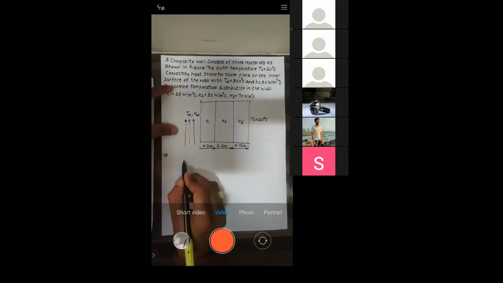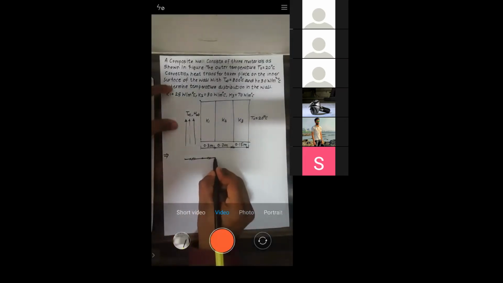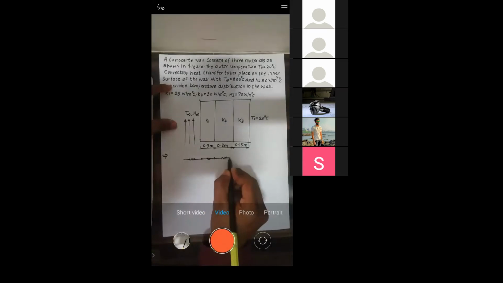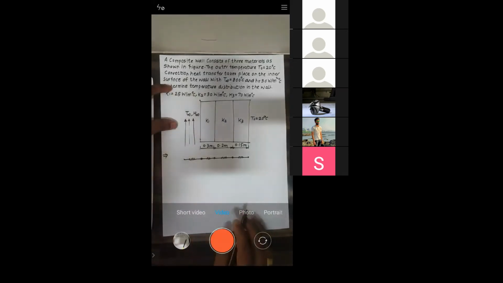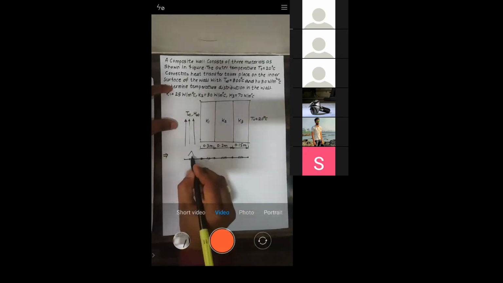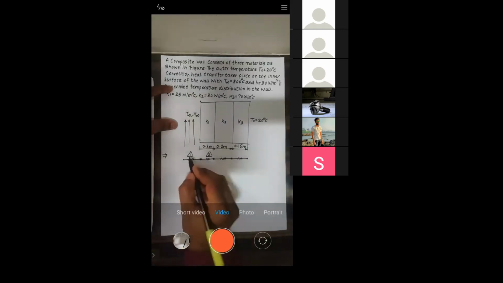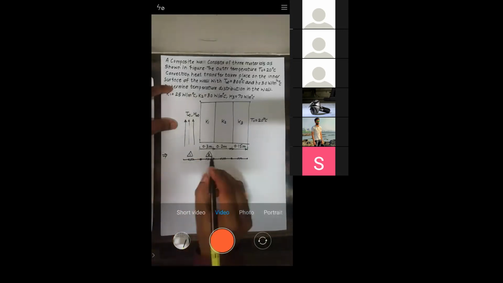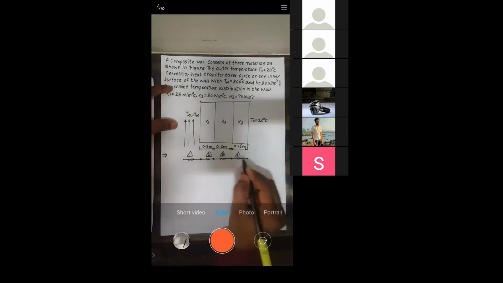Right? So if I need to form the elements, see how I am forming them. This one I will take as the first element, then I have this second element, then this third element, then this fourth. Is it okay or not? Let me know. Element number 1 is for convection. This is for conduction. Again, this is for conduction. Again, this is for conduction. Is it okay or not? Yes or no?